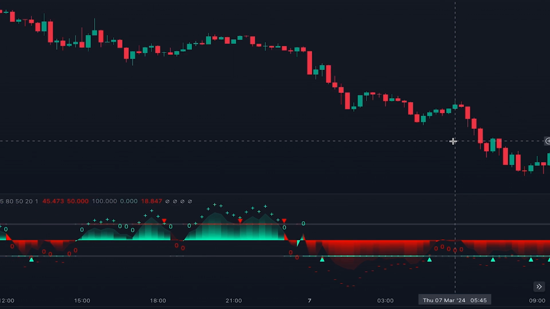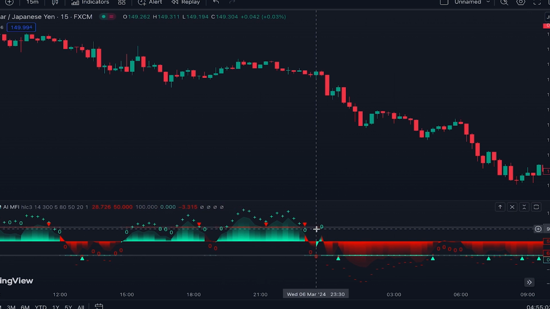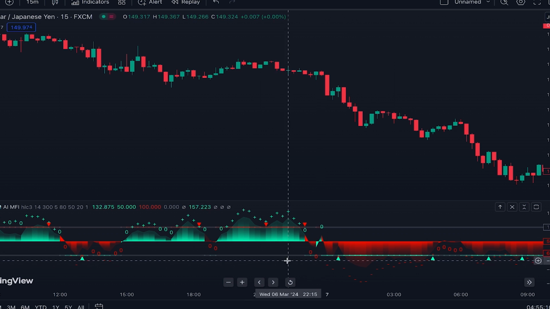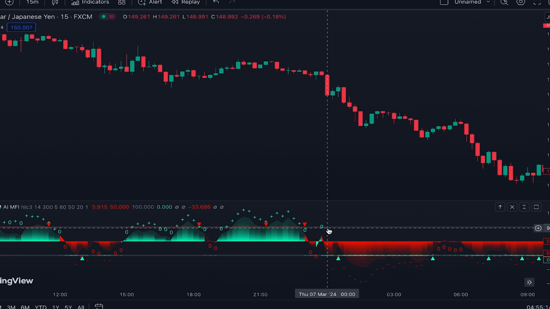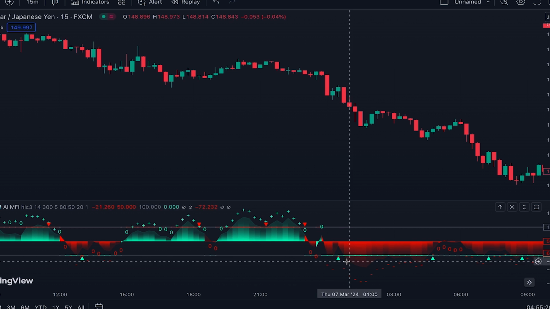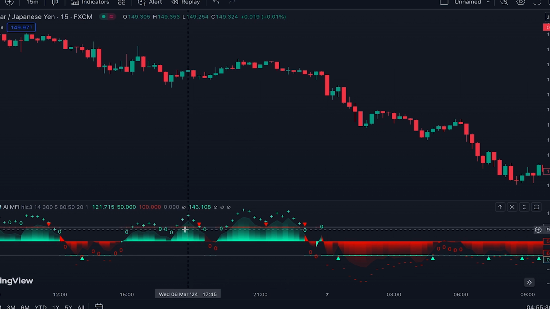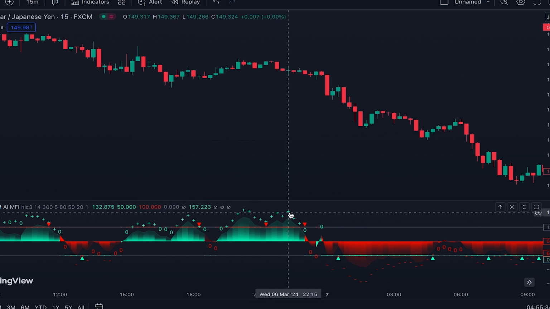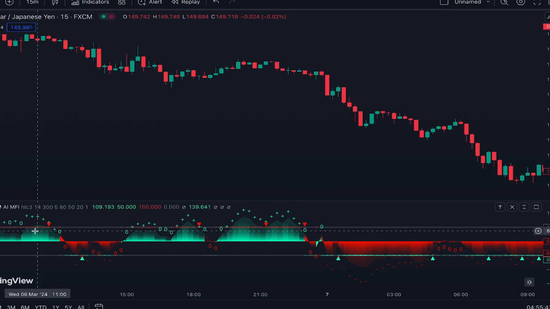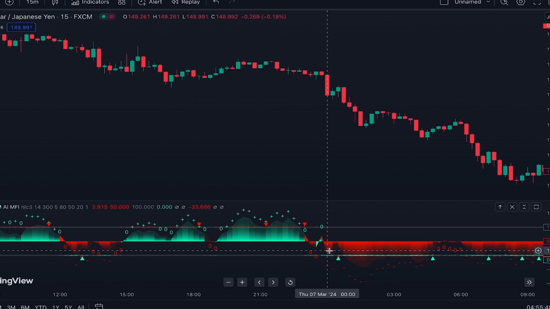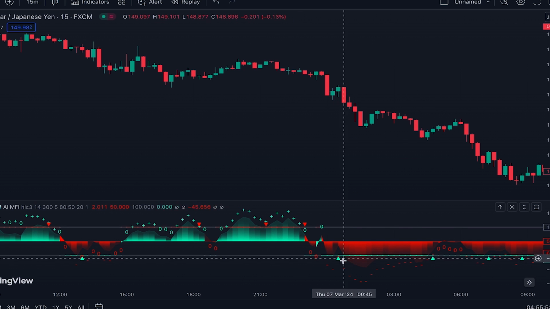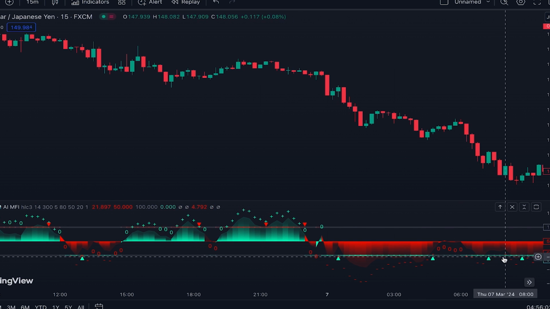points in practice. Alright, we have also these two horizontal lines that help us with overbought and oversold conditions in the market. This is the oversold level and this is the overbought level. This indicator also provides buy sell signals, which are based on these two lines. When the histogram goes above the line and then crosses back below the line, it shows sell signals like these, and when the histogram goes below the oversold level and then crosses back above the line, the indicator shows buy